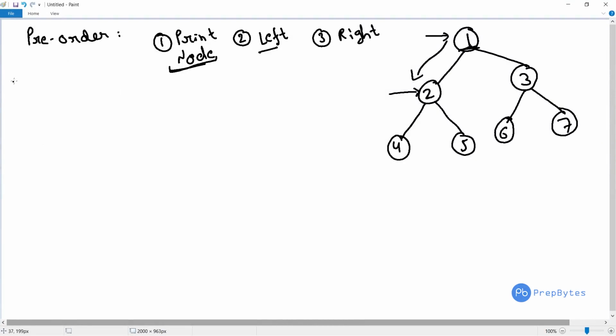Correct? So what I am passing is root equals to 1. This is what I am passing. Correct? So now the node value becomes 1. In the beginning the node value becomes 1, that is node.data is 1. Node is my reference variable, and it is simply pointing to the root, and its data value is 1. Okay, so directly I am saying that node is pointing to 1. This is the terminology I will be using, so don't get confused. So now I have passed root, so the node value is 1. Okay, so now this is my first one,